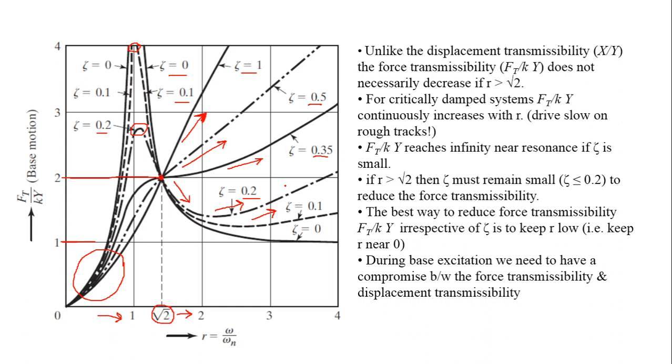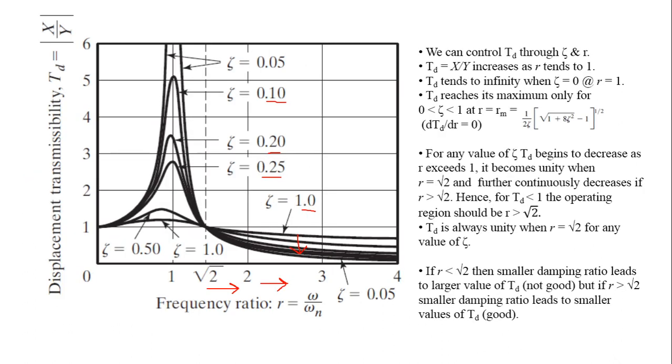So basically, force transmissibility and displacement transmissibility is a compromise. You have to make a compromise between both these things. In terms of force transmissibility, it is more meaningful to reduce the value of R as near to zero as possible, because in that case you are going to have a transmission of force that is smaller than 1. Okay, and if you look at this graph as well, you will see that if you reduce the value of R,